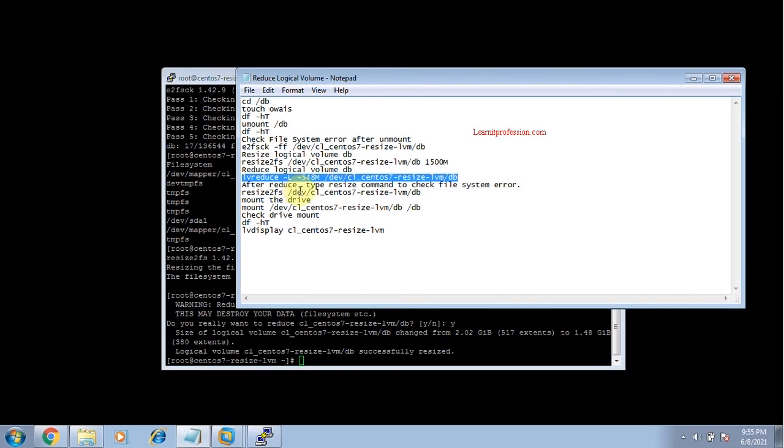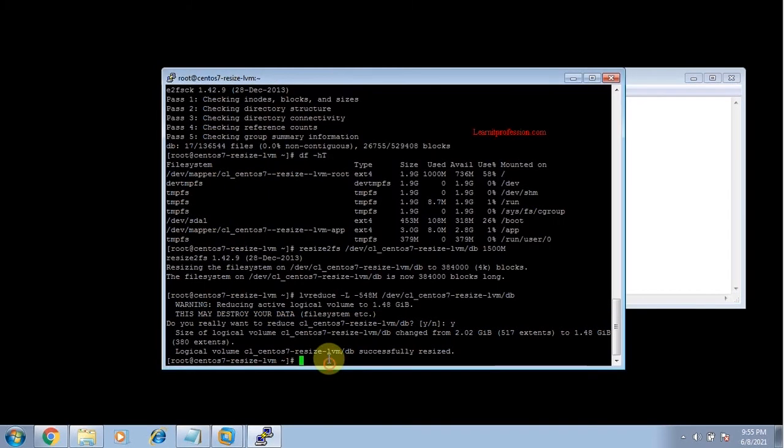After reducing the logical volume size of db, check the file system error. Again type the resize2fs command, that is used for the ext4 file system to reduce the logical volume size, and it can also be used to increase the size of a logical volume.